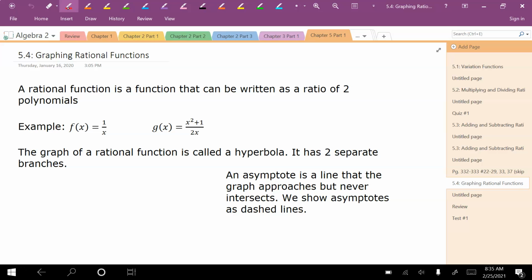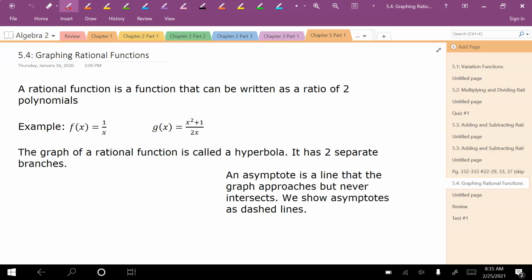So we've talked about other types of graphs in the past, like quadratic graphs. We've talked about linear graphs. We talked about different polynomial graphs last chapter and how they have different movement. Rational graphs, or rational functions, are going to look a little bit like an inverse function, where there's going to be two sides of it, and they're almost like mirror images of each other. They're going to look very similar, but we have to talk about some of the limits and